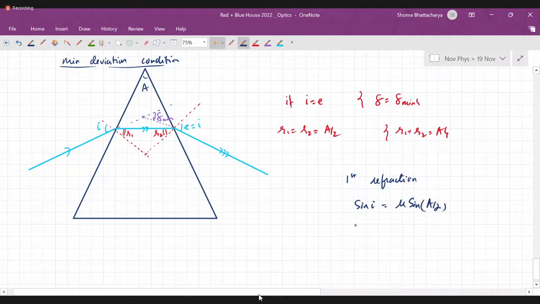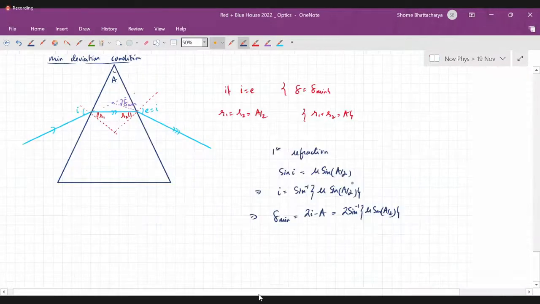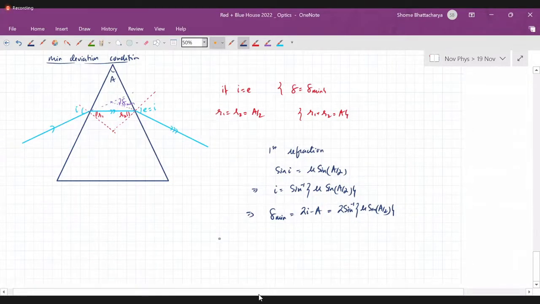So basically angle of incidence should be sine inverse of mu sine A by 2. And therefore the minimum deviation will become this. As a reverse of this, we can see that